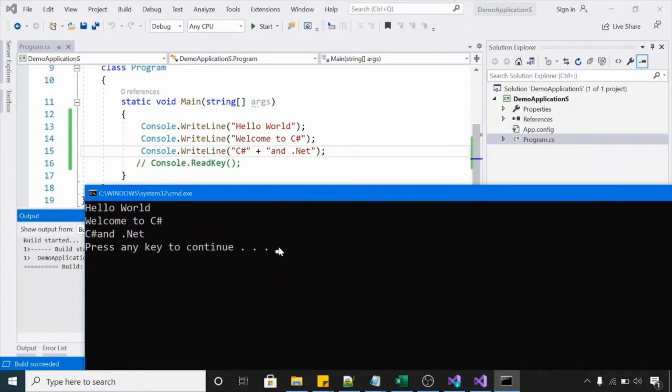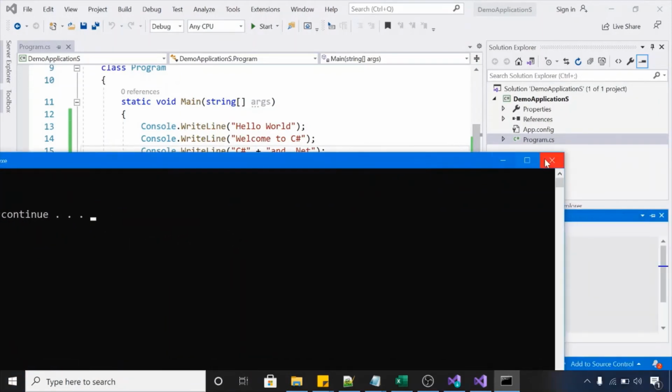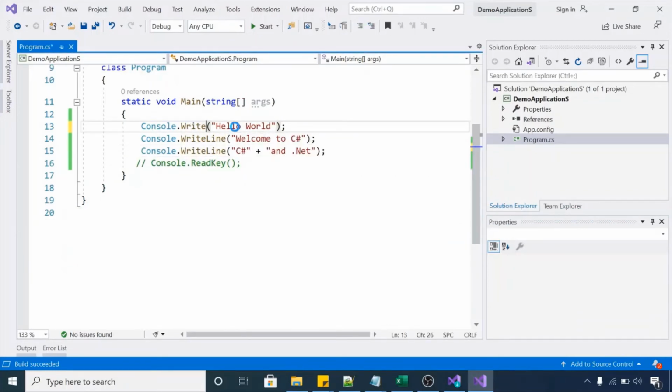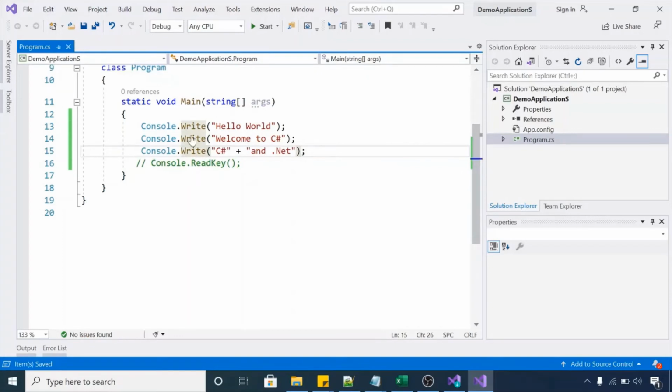Let me convert it into a Write method. Let me remove Line from here. So it will write all the text in a single line on console. So let me run. Now we are not having a WriteLine method here. We are having a Write method. So Write method will not create a new line on your console. It will just append your text in the same line.